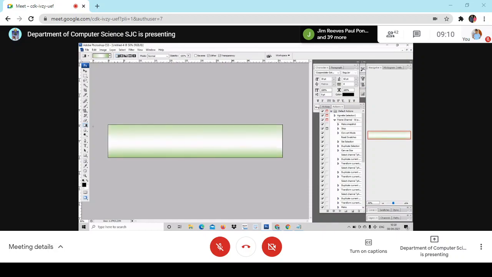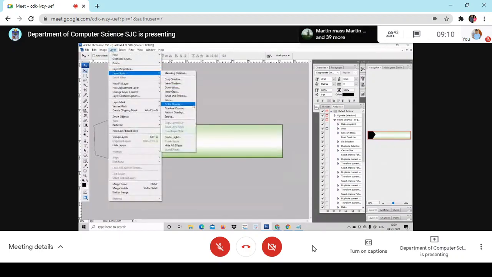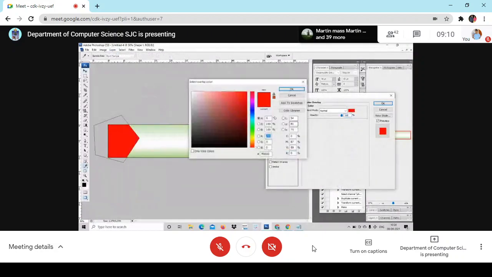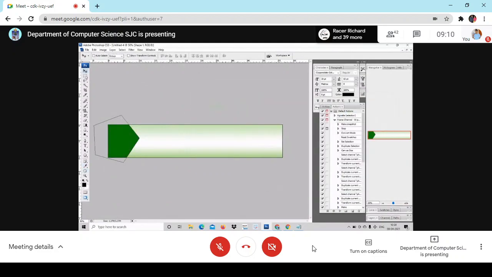See, I've chosen it. Now I want to have a design here. Now look at here, I just go for polygon. See here, polygon design. See, you can put it like this. You can increase the size of it. Okay. Now I want to go for some other color here. Color overlay. Maybe a darker green. Am I clear?